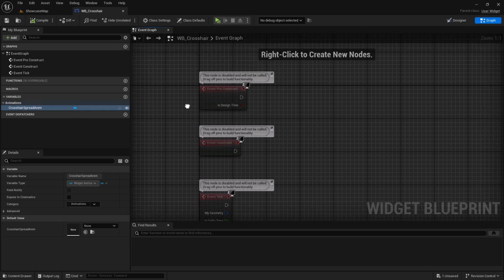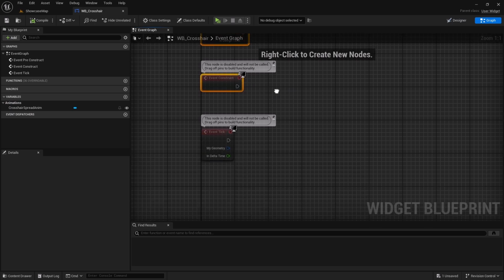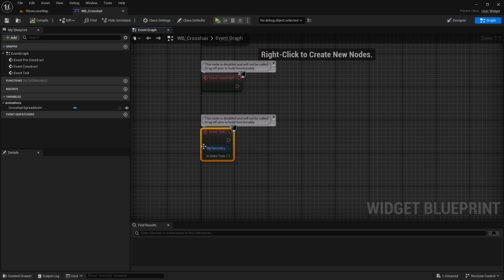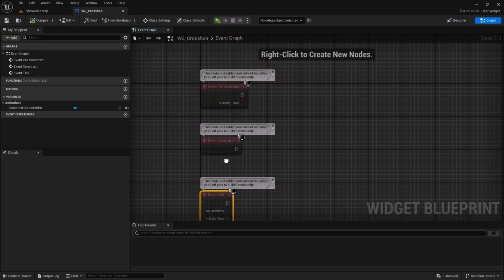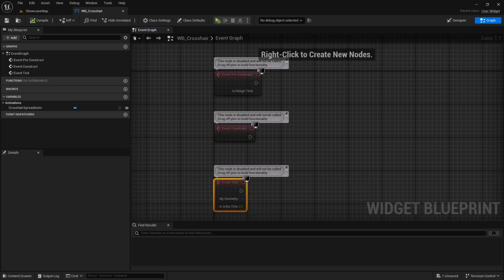crosshair, right? So even if you add a crosshair spread to the pre-construct or construct, it will apply only once, right? And if you add it to the event tick, then it will be called again and again, which is not good for the performance, right? Instead, actually, we should be able to listen for a given event, and only then we should play that specific dynamic spread. Right. So in order to do that,